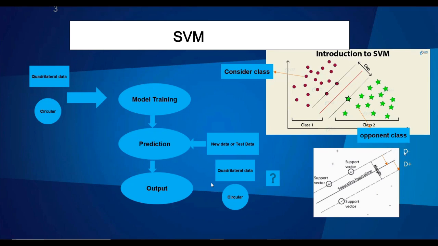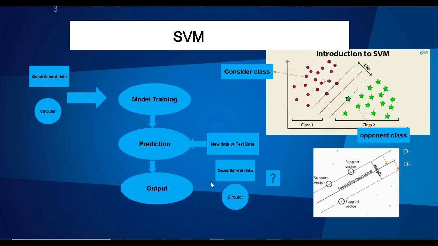Okay, so these two we call d minus and d plus. If you add these two, d minus plus d plus, then you will get a margin. The margin is a very important part which separates the two classes on the basis of the hyperplane. So this takes a very important role whenever it is classifying the two data sets.